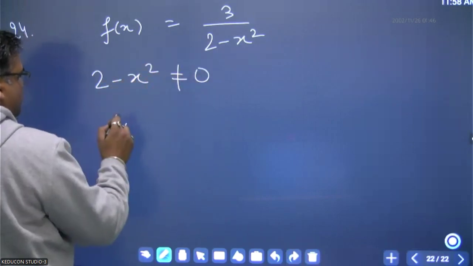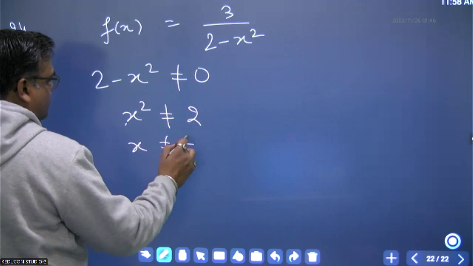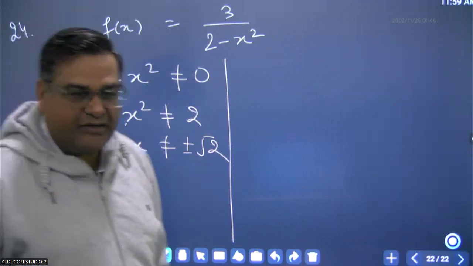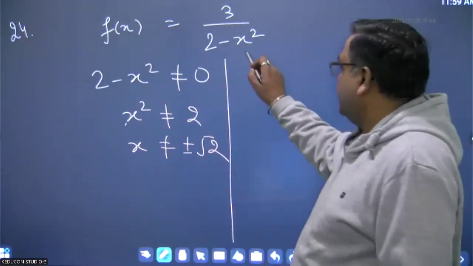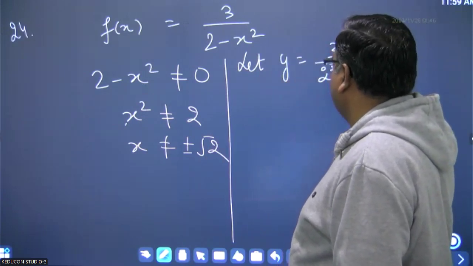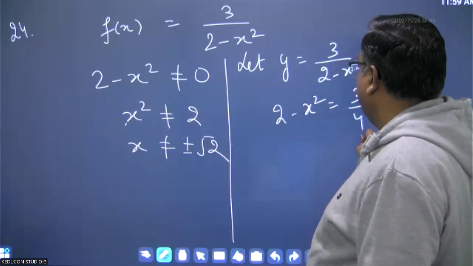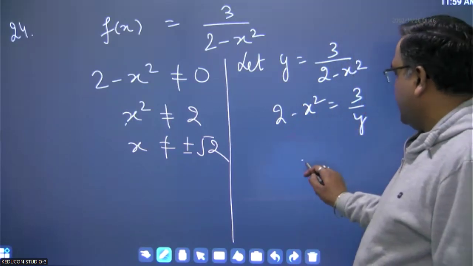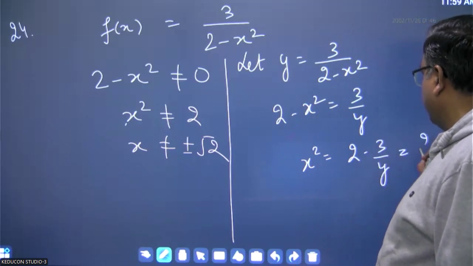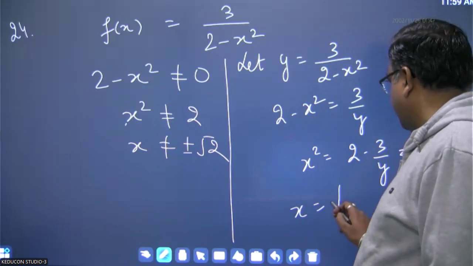This cannot be 0, means x square is not equal to 2, means x cannot be equal to plus minus root 2. तो ये तो डोमेन आ गई फंक्शन की. Now how to find out the range, right? रेंज के स्टेप लगाते हैं कि हम let y is equal to 3 over 2 minus x square, right? 2 minus x square is equal to 3 by y. फंक्शन को आप x में बना लो. So x square will be equal to 2 minus 3 over y, और इसको सिंप्लीफाई किया 2y minus 3 over y, and x is equal to root,